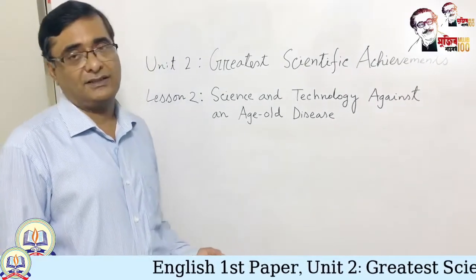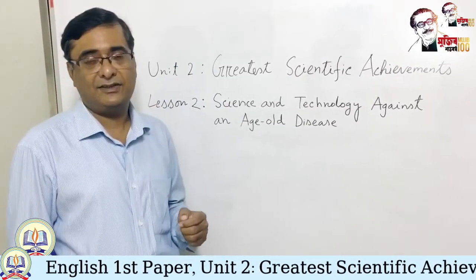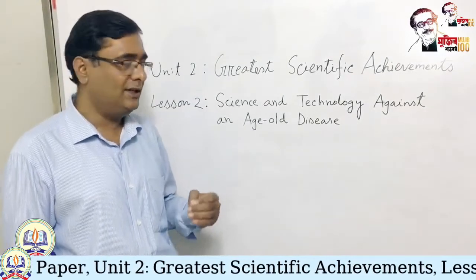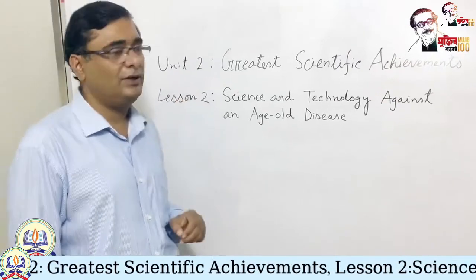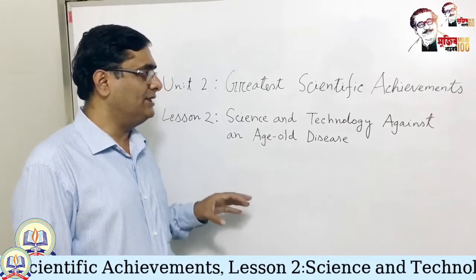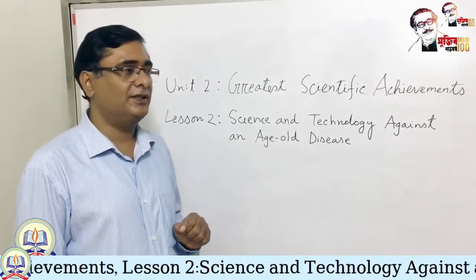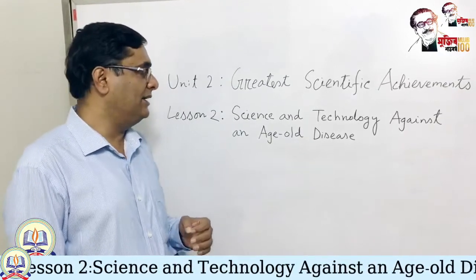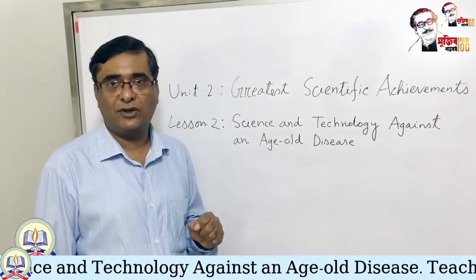Now, in the previous class, in lesson number 1, we saw internet, cell phone, satellite, and other scientific achievements of the last century and this century as well. Now, this unit, unit 2, Greatest Scientific Achievements, consists of 4 lessons. This unit is basically focused on the scientific achievements of the previous century and the achievements we witnessed over the last couple of decades. Now, I said in the previous class that this unit is very important for paragraph writing as well,